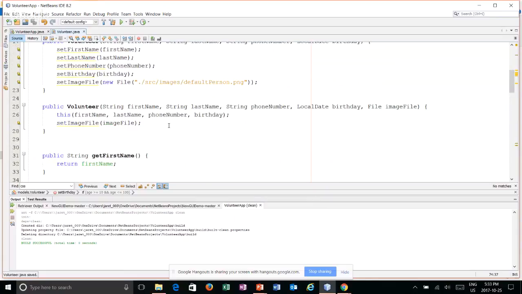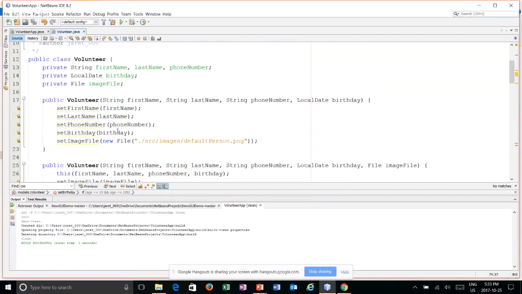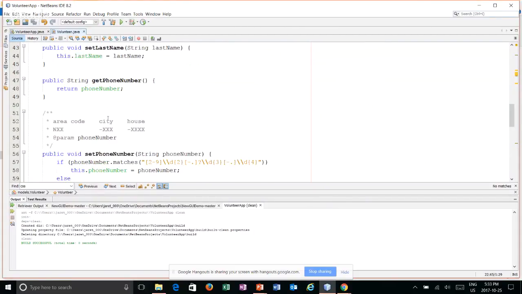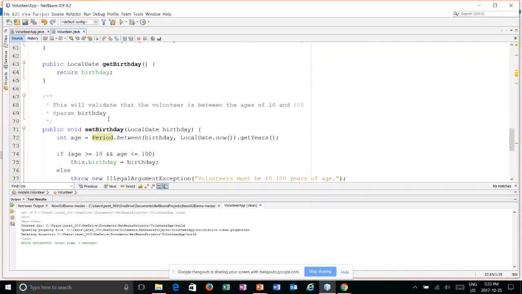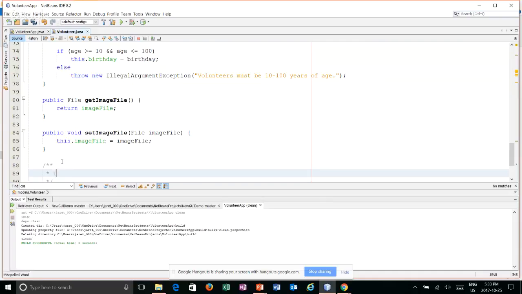So now we have a valid volunteer, right? We have a couple of constructors. We have the default constructor. We have get and set methods. We have some validation in here. The other thing that we should do is just create a toString method. Every class will inherit a toString method from the Object class, but it doesn't really tell you much about the object, so it's better to override it. So in this case, we can say,